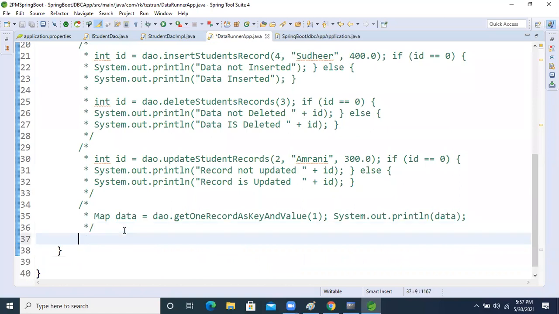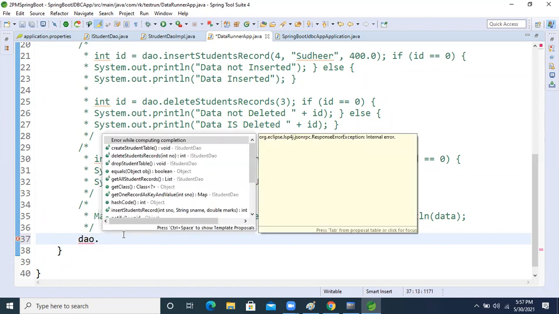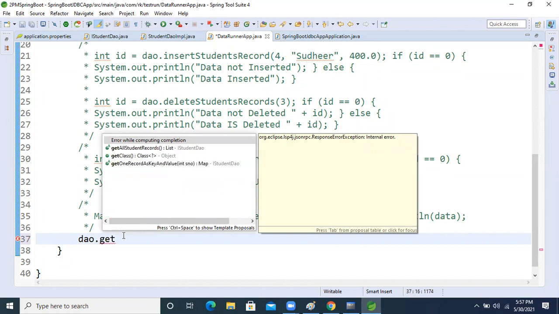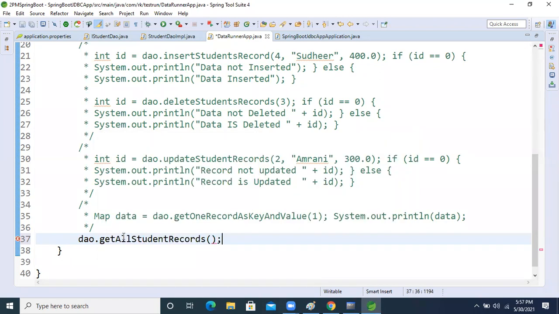Here we will call dao.getAll, the get all method. This method will return a list of data, right? List of list only, right?